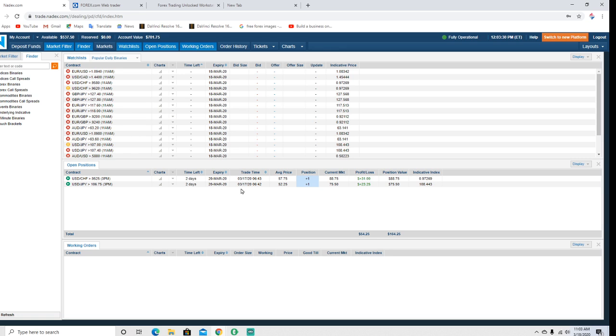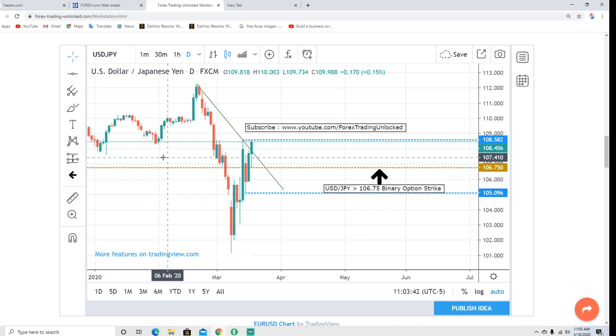All right, US dollar JPY. We entered this also yesterday. There's 2 days to expiration. Right now, this one is in the money. The strike price is 106.5, so that is this brown line right here that's going across the page. And the market is currently looking to press new highs and to stay above this strike price. So we can get out of it if we wanted to.